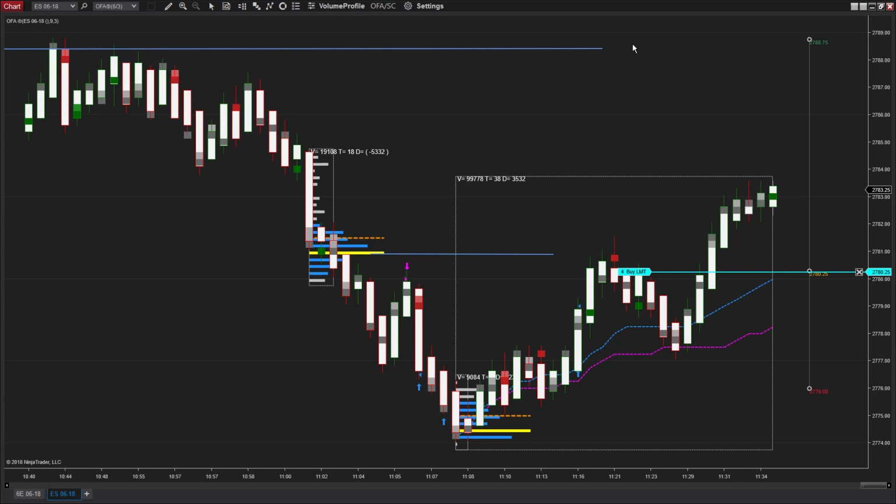There's something that we always like to say at OFA: where's the market trying to go, and how good of a job is it doing getting there? And right now, our intent is that the market is trying to trade to the top of the range, and how good of a job is it doing getting there? Well, we're a little bit gummed up at the prior breakdown, but we ought to be able to